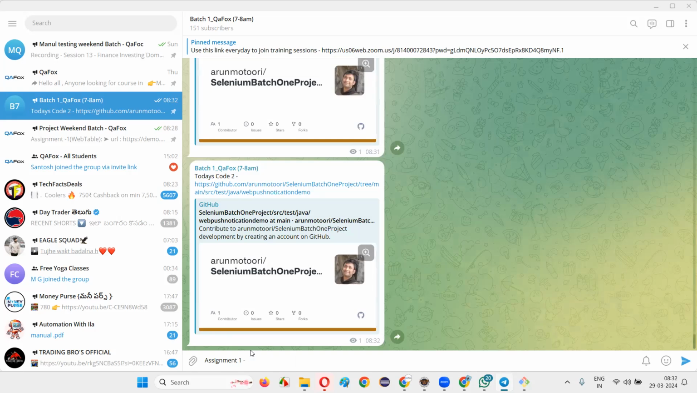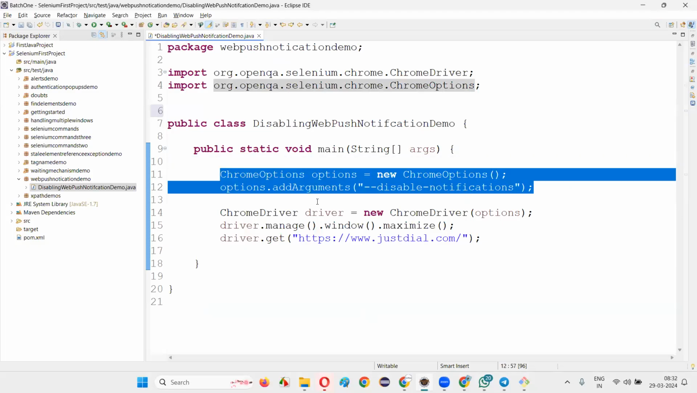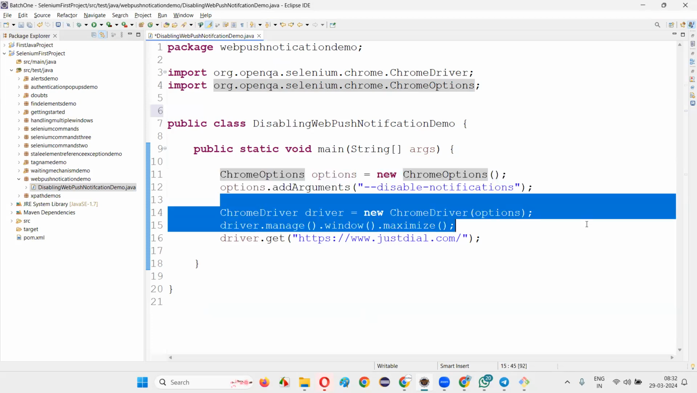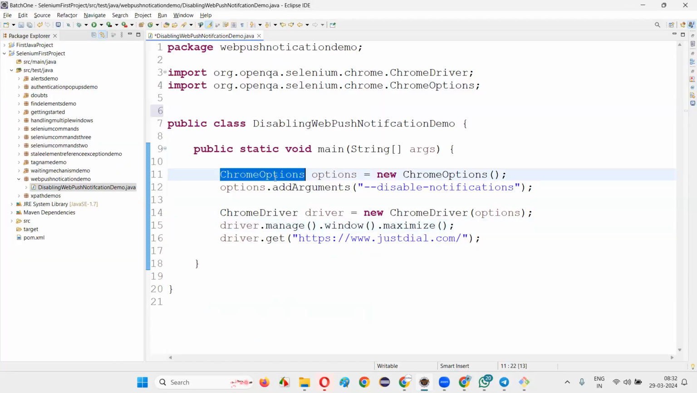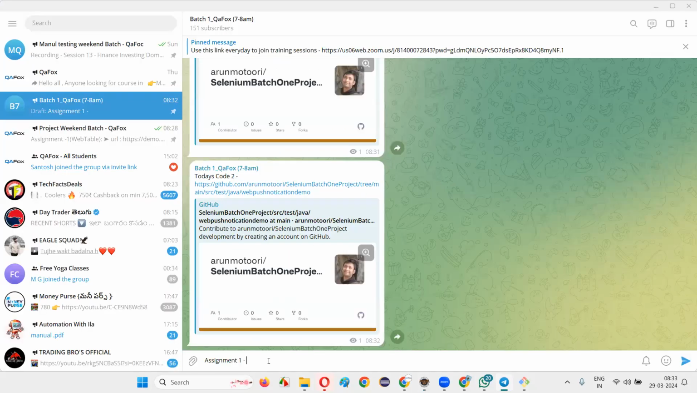I'll give the assignment like this. The assignment we have done today is using Chrome options, we have disabled the notification, right? You have to use Firefox browser and other browsers like Edge browser to disable the notifications. There is a class like ChromeOptions, we have FirefoxOptions, and for Edge browser we have EdgeOptions. Using those classes, we have to disable the notifications. Disable the web push notifications in Firefox and Edge browsers